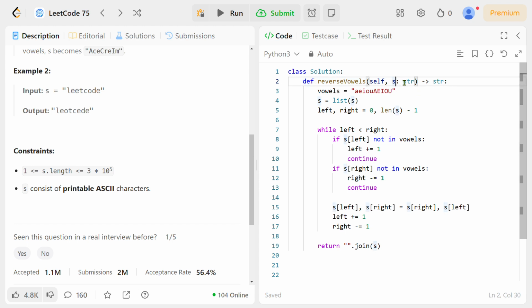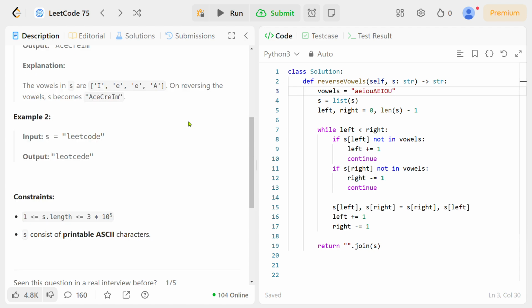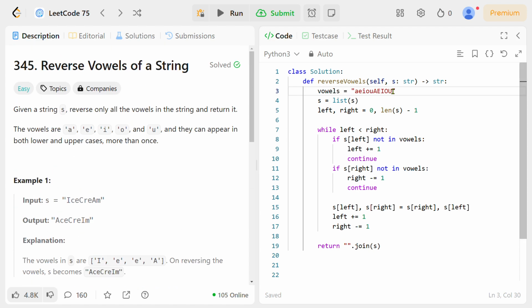We have a variable s passed as a string, and we need to return a string. So I make a variable named vowels equal to a, e, i, o, u, in uppercase and lowercase both, and convert string s into a list, because string is an immutable data type.